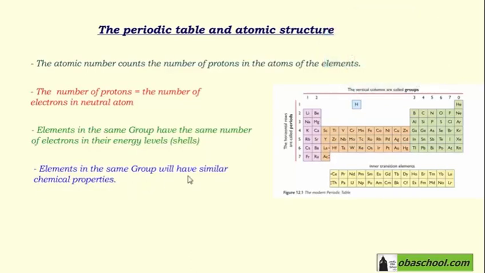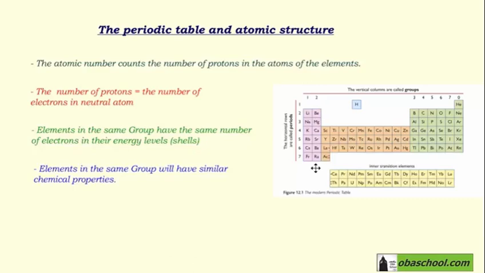Elements in the same group will have similar chemical properties. Elements located in the same group vertically also have the same chemical properties. Of course, there is an exception sometimes, but all the elements that are located in the same group have the same